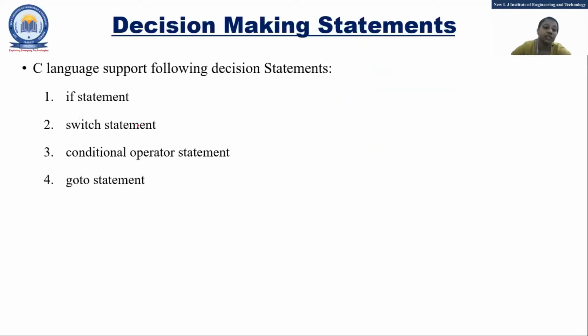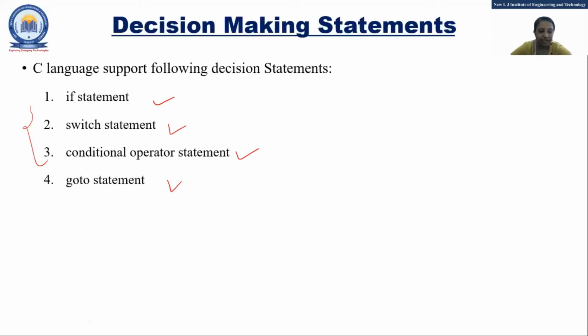Fine. Now which statements are used in C language for decision making? Again, this is very important: explain or list out the decision statements in C and explain any one with an example. That kind of question is also asked, right? You can see the if statement, switch statement, conditional operator statement, and goto statement. There are four ways to implement decision making statements. If you need to decide which path to continue, there are four ways: using if, using switch, using conditional, and goto.